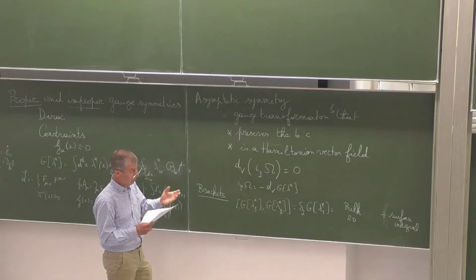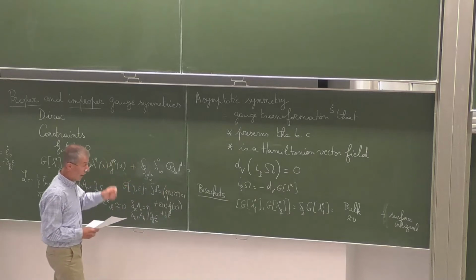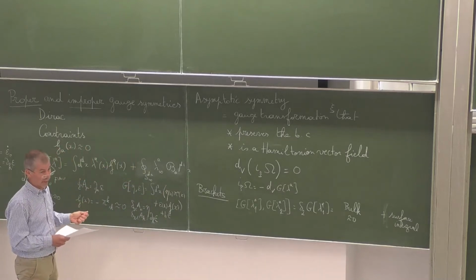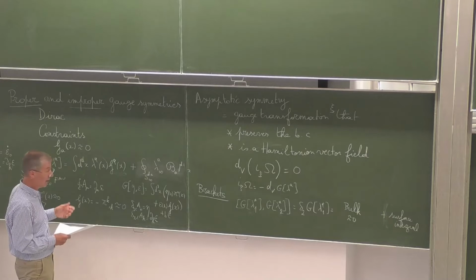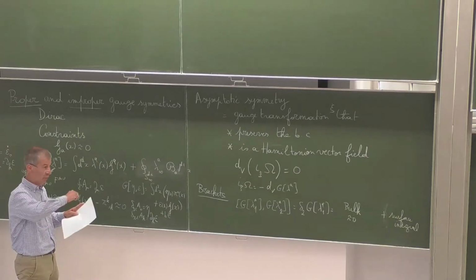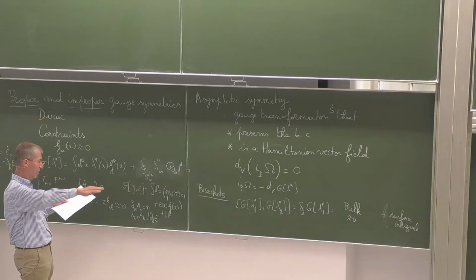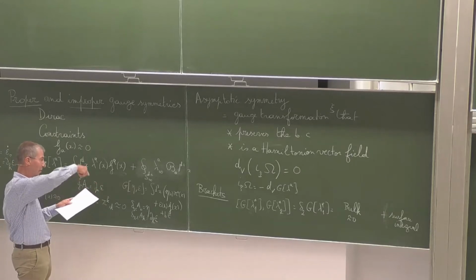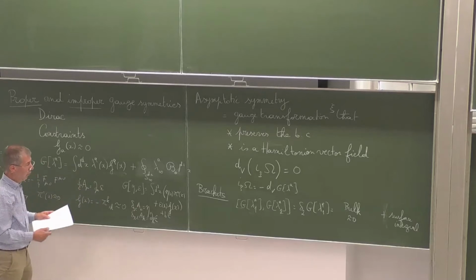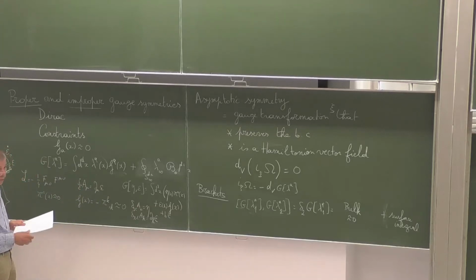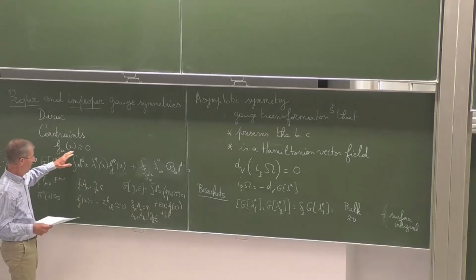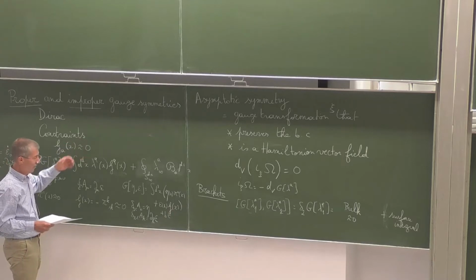Both of them are described in the literature. One is actually to go to the reduced phase space. And one way to go to the reduced phase space is to fix the gauge, because you see, you impose the constraints. That means that you are going to the constraint surface. It's a pre-symplectic manifold. You fix the gauge, which is a way to go to the reduced phase space. And then if you have correctly fixed the gauge,